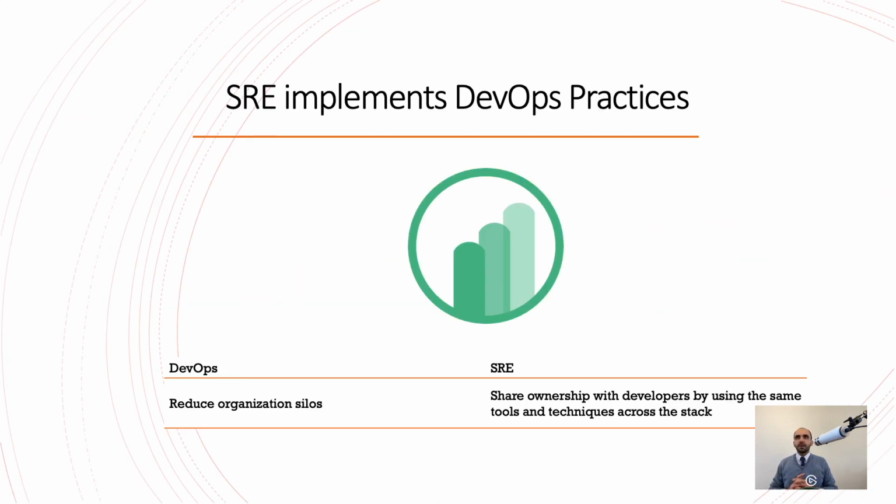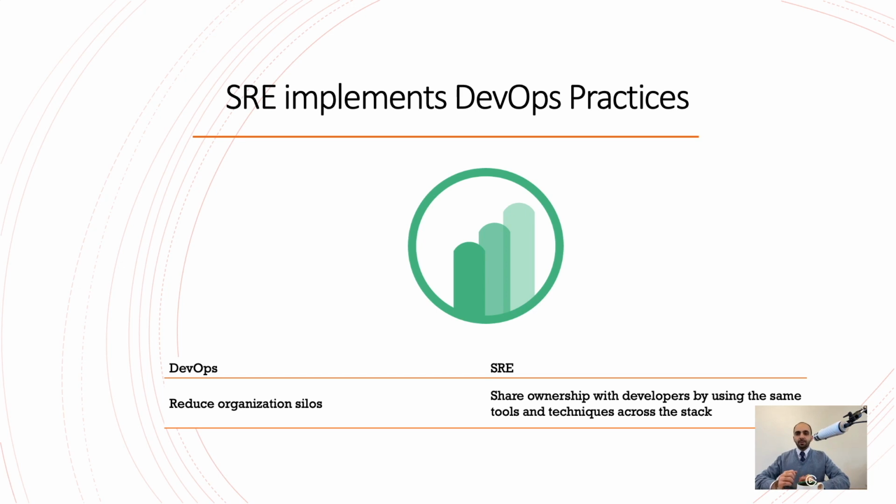Here we are going to talk about how SRE implements DevOps. SRE is a particular way that we want to implement DevOps practices. So here we are going to see the DevOps equivalent of each practice and how SRE implements that one. First of all, DevOps says reduce organizational silos. In the previous video, we talked about how DevOps brings in dev and ops, sometimes security people, and makes it DevSecOps. SRE brings in the ownership to developers, ownership of the code, pipeline, and sometimes ownership of the production